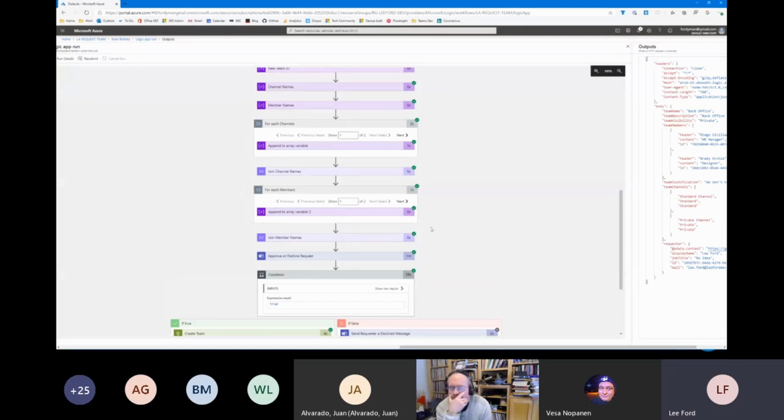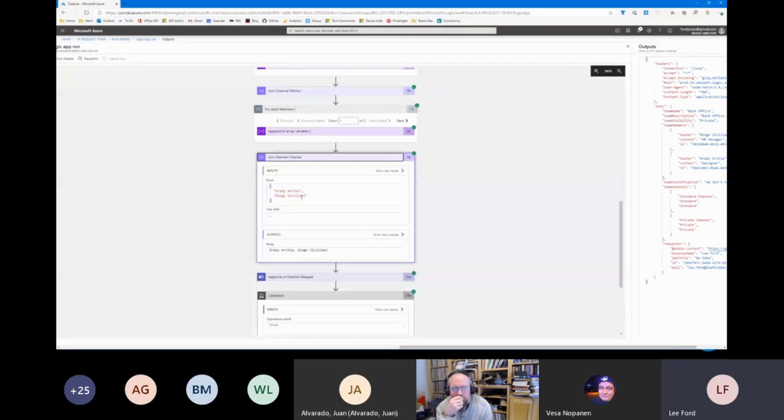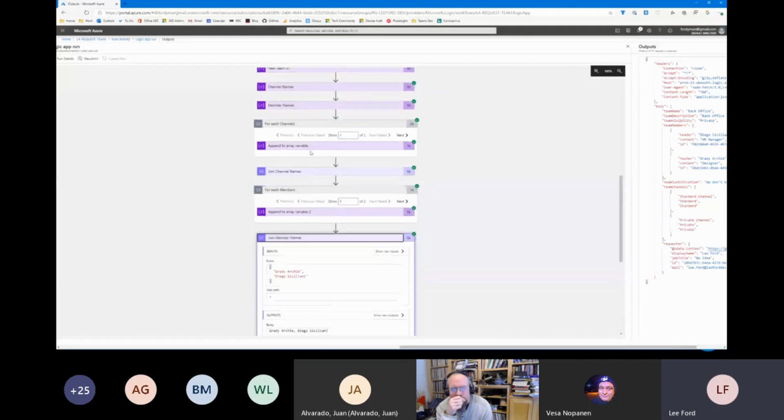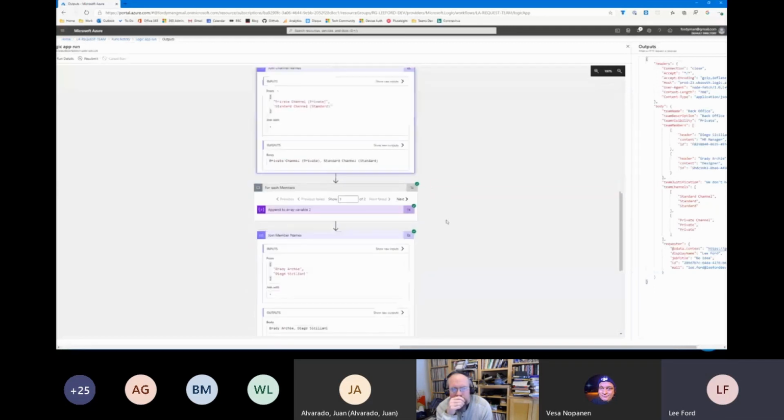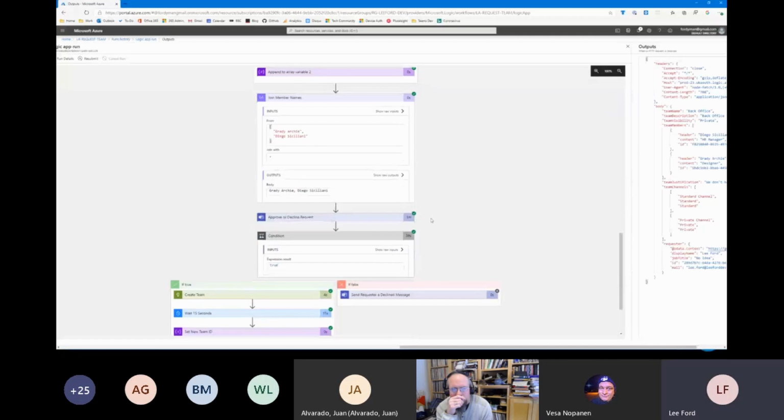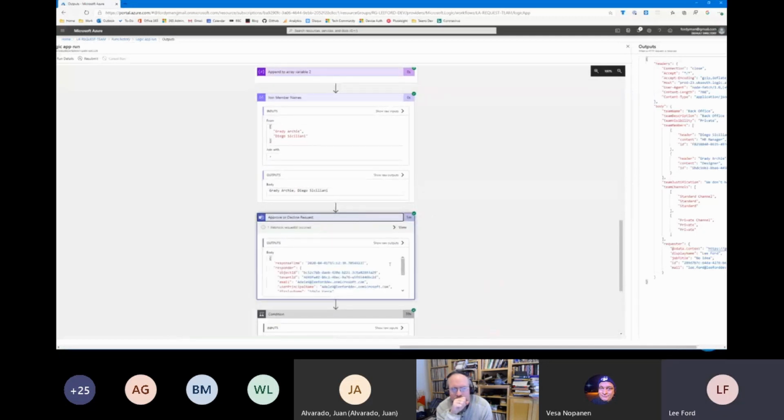Once we've run through all the members and channels and joined the names up in a more human readable way, if we look here, that then appears like that, which is much easier to read on an adaptive card, and similarly with the names. We then send the request out to the